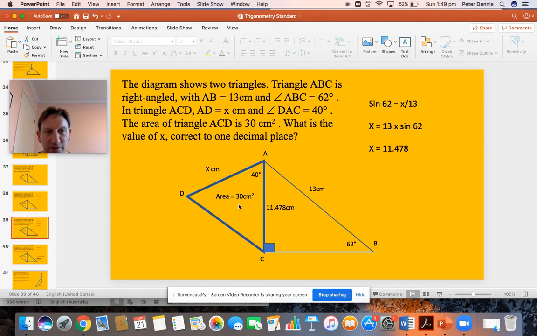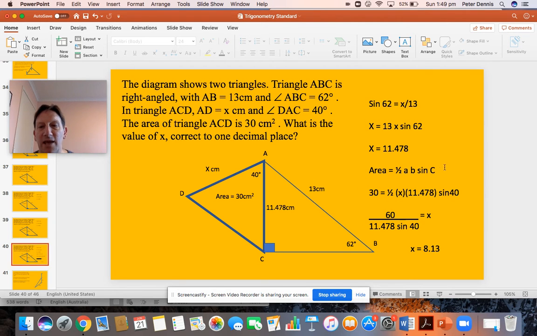How are we going to find the area? We use the area formula, half AB sine C, half AB sine 40 equals 30. So that's exactly what we're going to do. We started with 1, now we're moving across. The area equals half AB sine C. In this case, the area equals a half times the X times the 11.478 times sine 40,